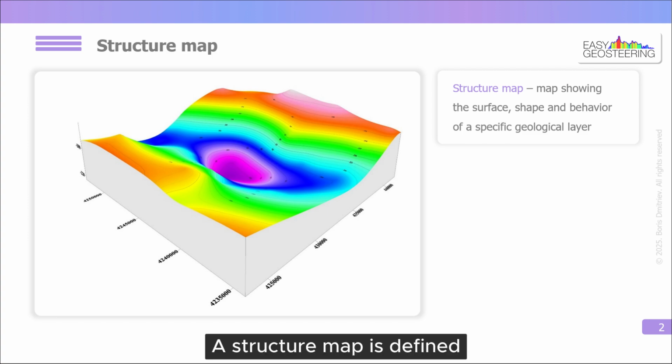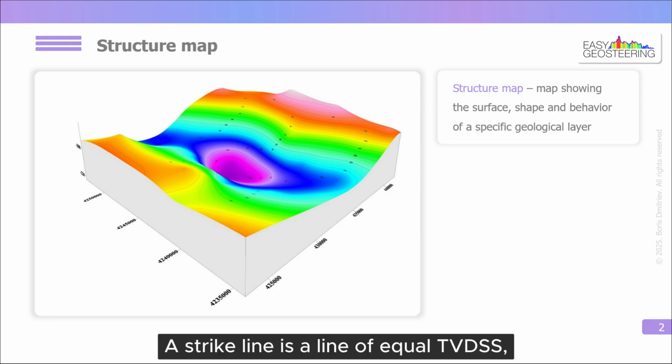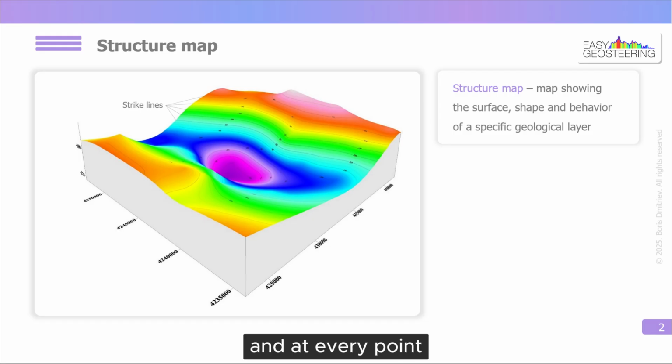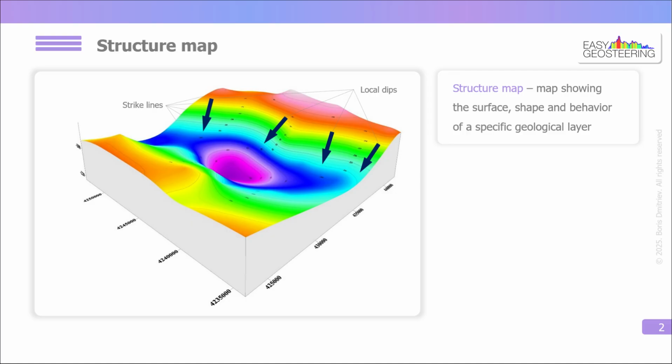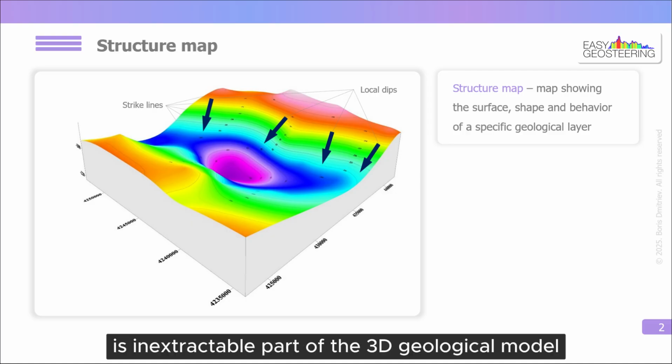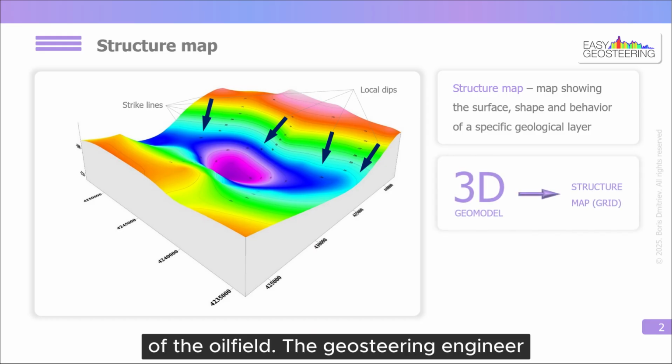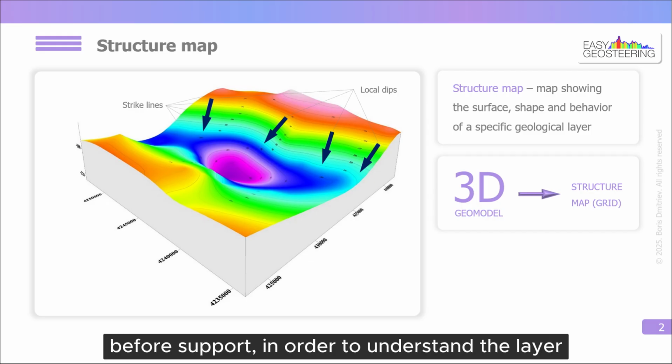A structure map is defined by strike lines and deep angles. A strike line is a line of equal TVDSS, and at every point it is perpendicular to the deep direction. A structure map or grid is an inextricable part of the 3D geological model of the oil field. The geosteering engineer receives it from the customer as initial input before support, in order to understand the layer behavior